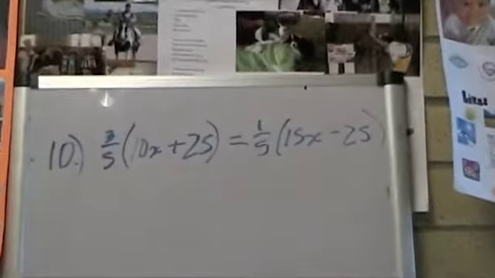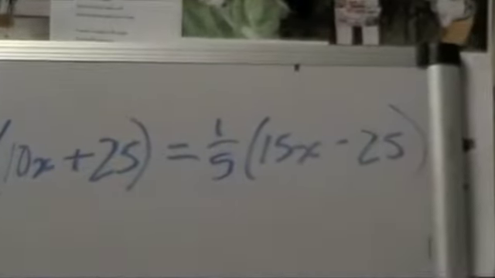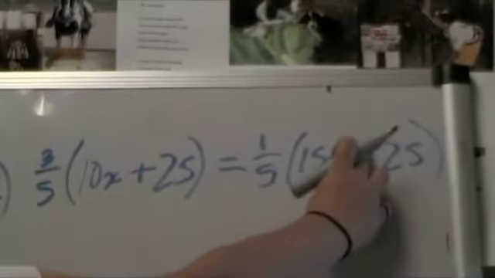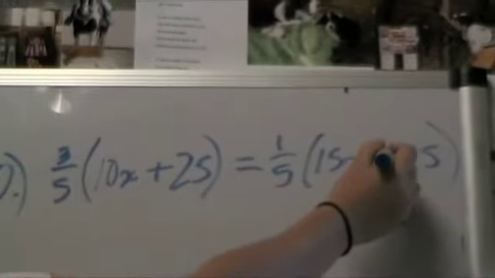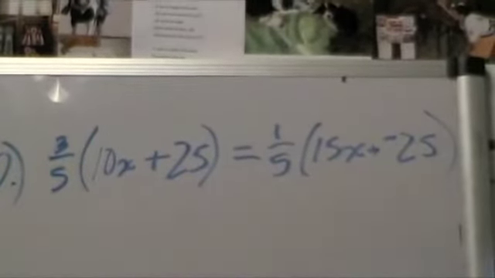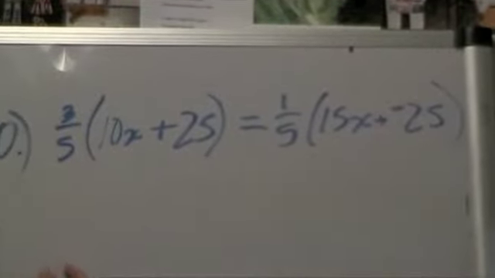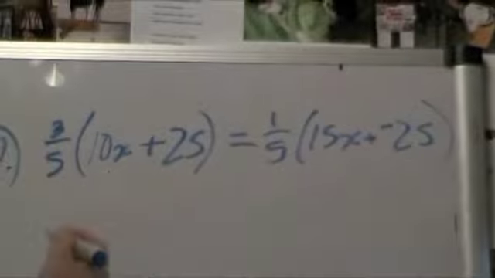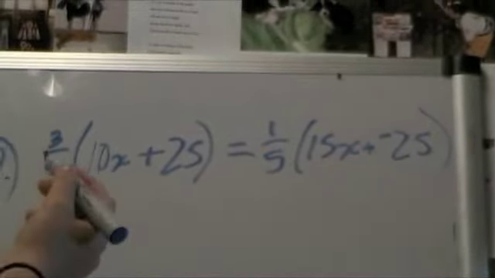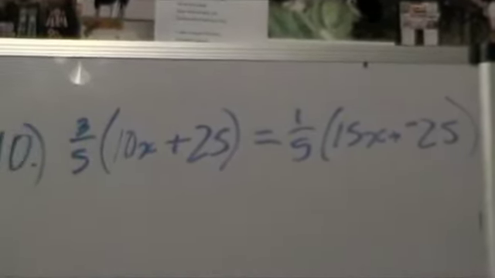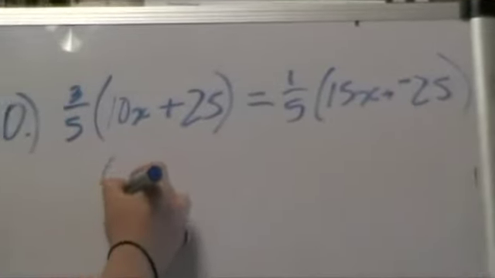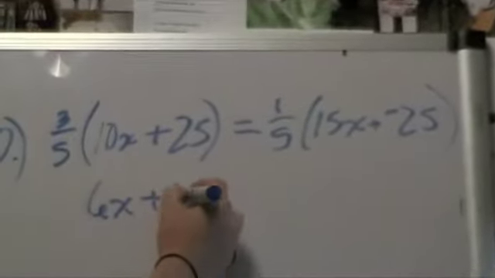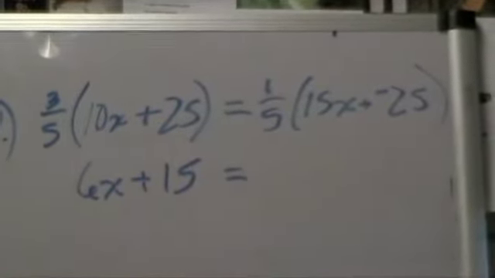3/5 of 10x plus 25 equals 1/5 of 15x minus 25. So first you want to change the minus 25 to a plus negative 25. Then use the distributive property and do 3/5 of 10x plus 25. So 1/5 of 10x is 2x times 3 is 6x plus 3/5 of 25, which is 15, equals 1/5 of